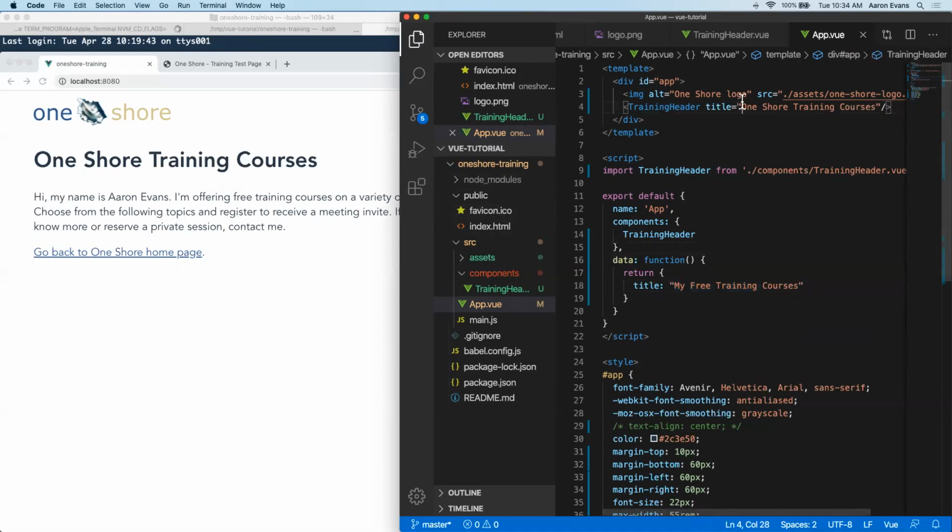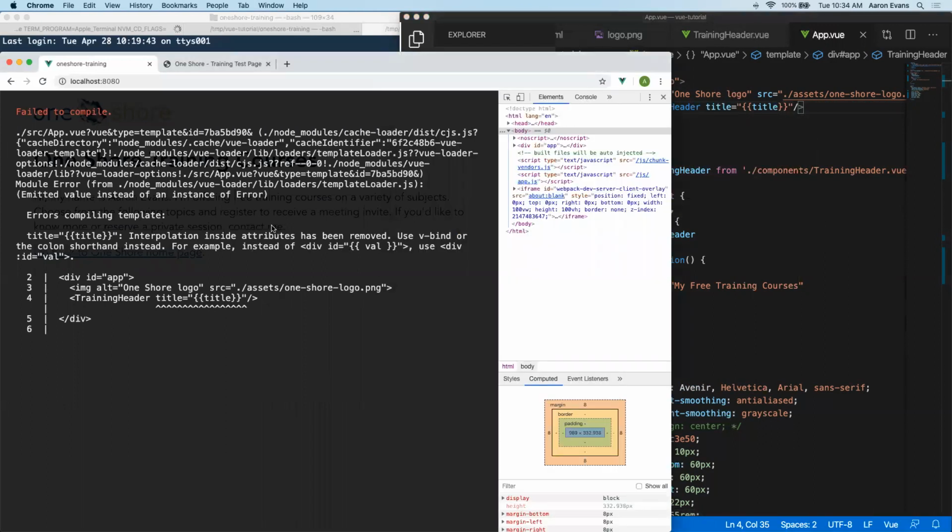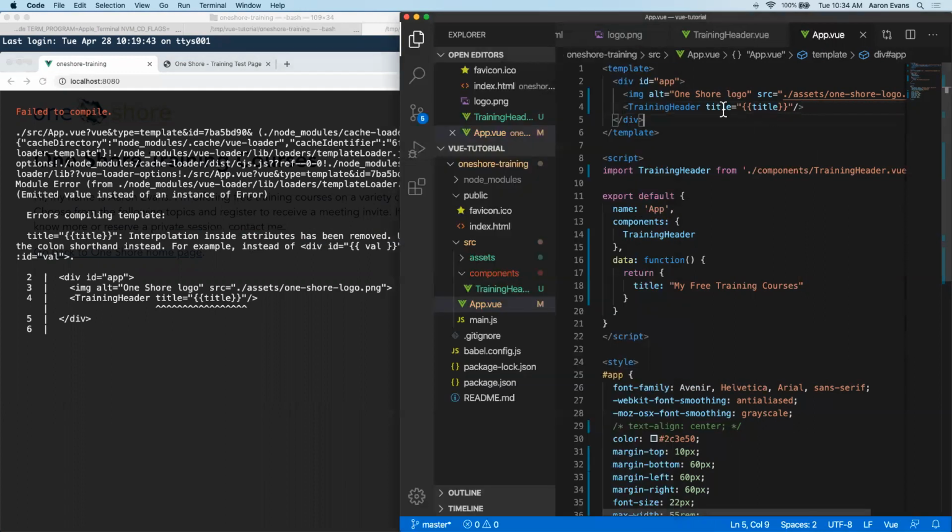But I can actually use a template in this component. And I can put that here. I cannot put that here. Errors. What did I do? Interpolation inside attributes has been removed. Use v-bind or the colon shorthand. Instead of div id, use div :id equals value. So it doesn't like